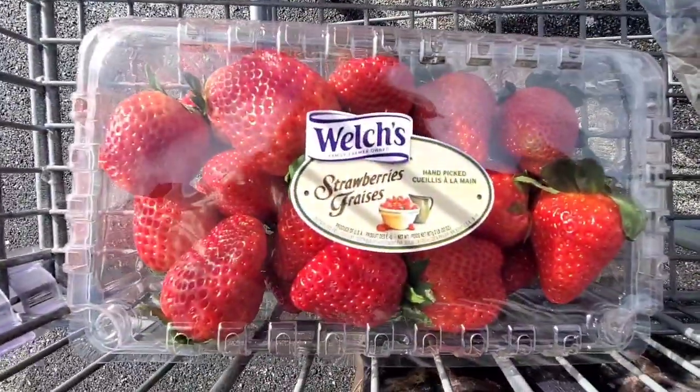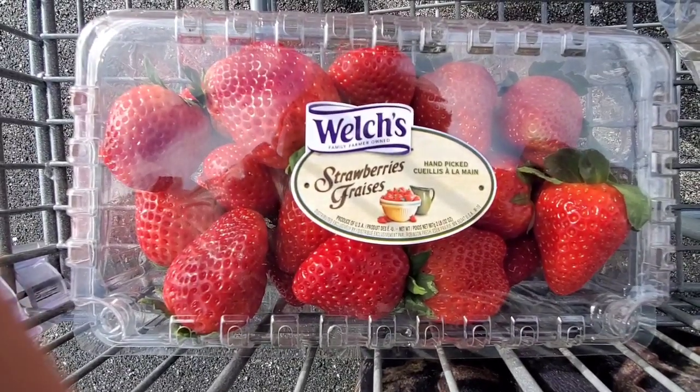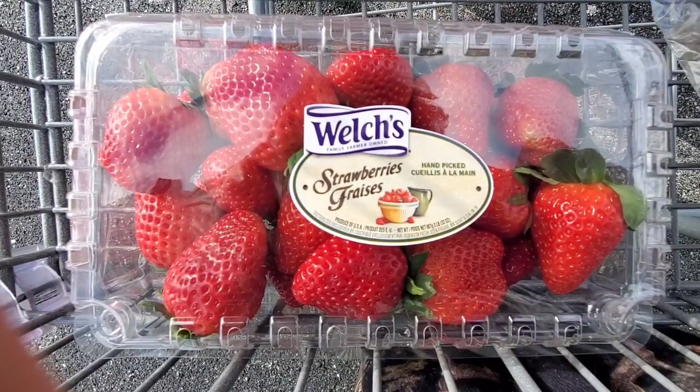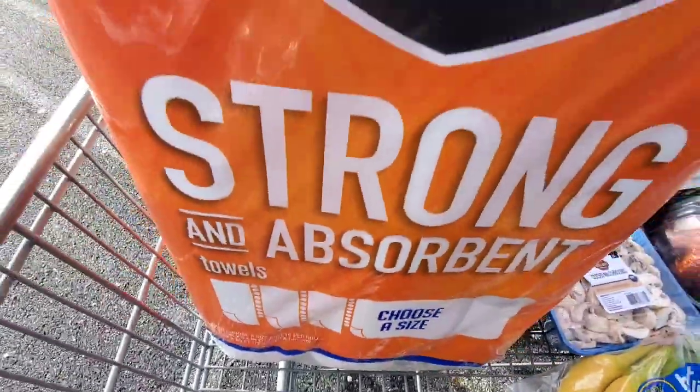I have 2 pounds of Welch's fresh strawberries for $7.99. This was the most decent pack I could find. Truly, I was about to not even buy any because they all look terrible. Then I have this